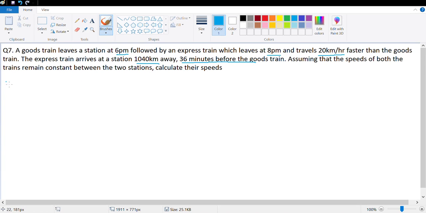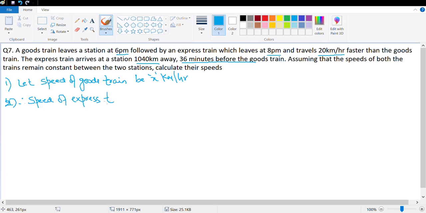So let's first take the assumption. Let speed of goods train be x kilometer per hour. Therefore, speed of express train would be equal to x plus 20 kilometer per hour. Next, distance is given equal to 1040 kilometer. So, time for goods train